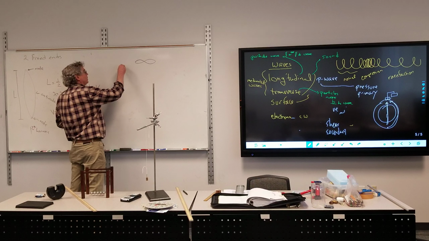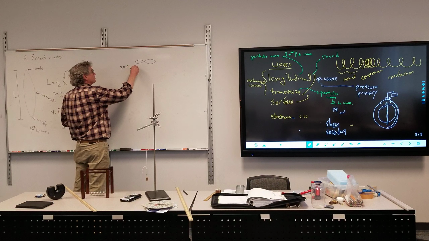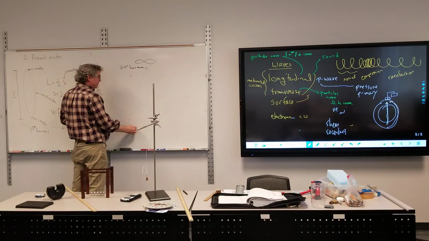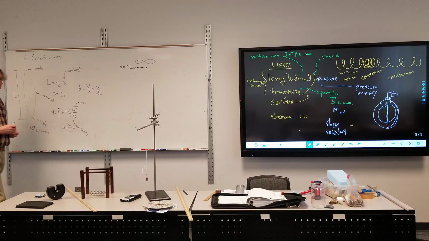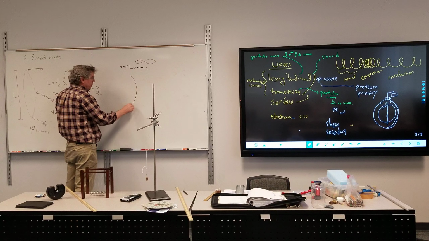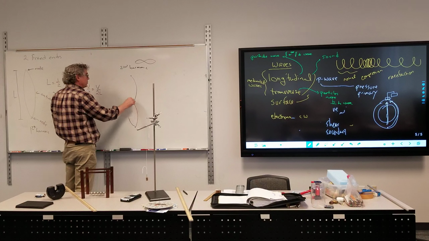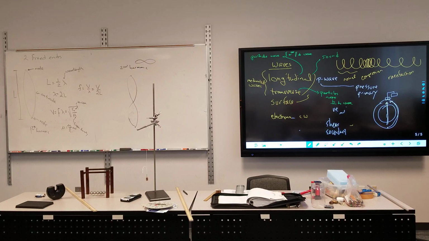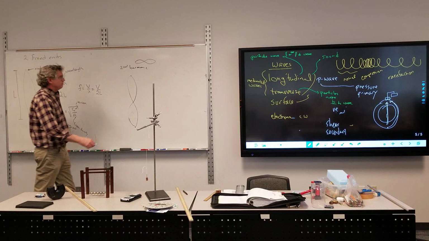Second harmonic. A fixed end is going to have a node at the ends. If the end is fixed, it's a node. If the end is free, it's an antinode. And I'm going to add a half a wave every time. The node in the middle should be halfway. I can't draw, so